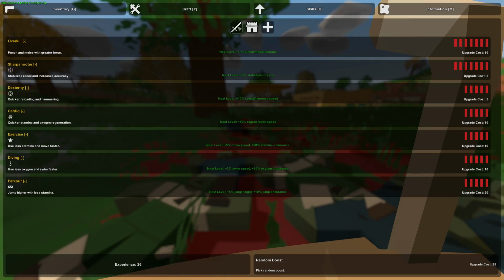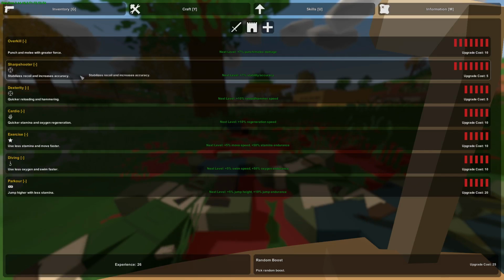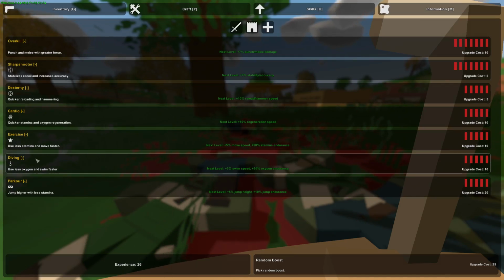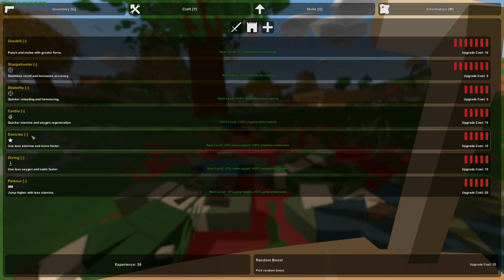Now, for playing on a server, I would recommend doing offense first. But if you're on your own personal world, I would recommend doing support. So let's just say we're on a server, for example, and we're going to upgrade our offense. Now, there's quite a bit of skills here. They basically tell you what everything does, but the most important ones to upgrade first would have to be cardio, exercise, and parkour. Definitely cardio and exercise first and then parkour, and the reason why is because once you upgrade